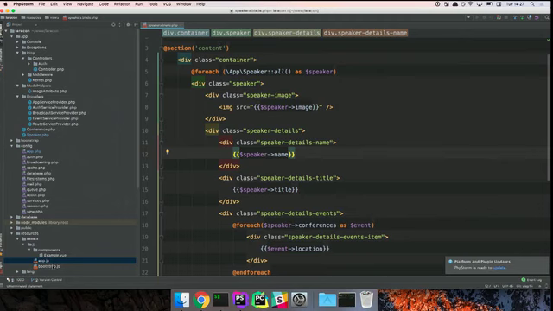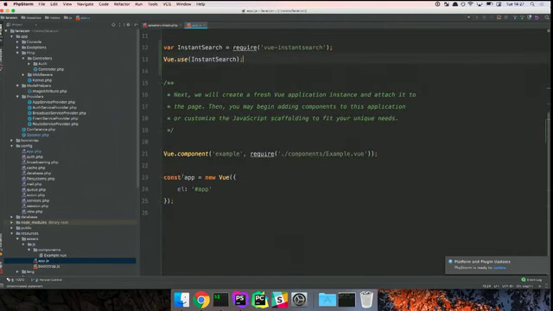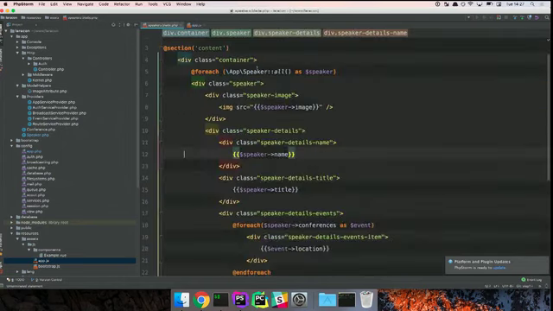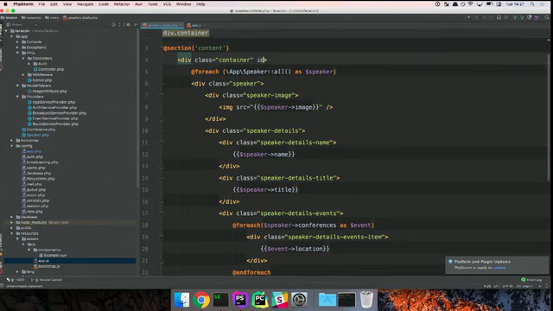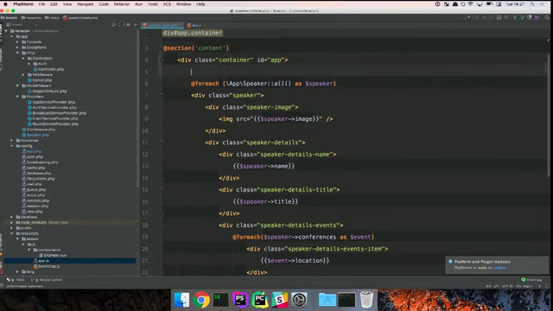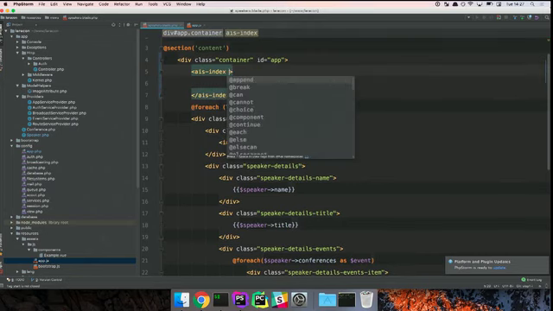I'm going back to the app. We see that in this file, the app is going to run inside an app ID, and right now we don't have it, so we just need to add it to our Vue. So here I'm just adding an app ID, and I can start using my components. So the first thing I need to tell Vue Instance Search is which index I want to search on top of. So I'm going to use the index component, and it takes a few props.